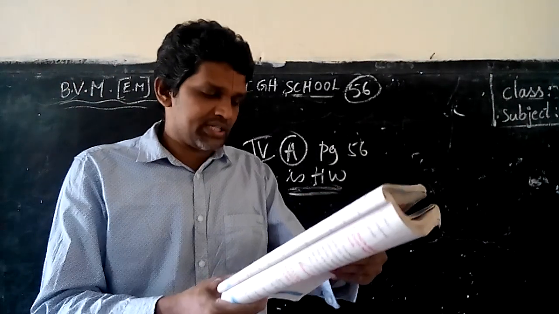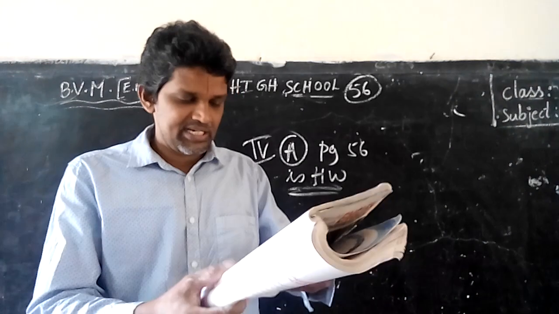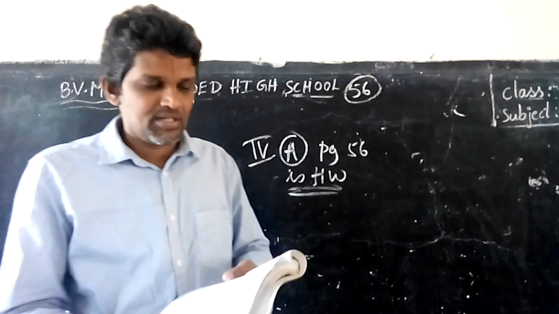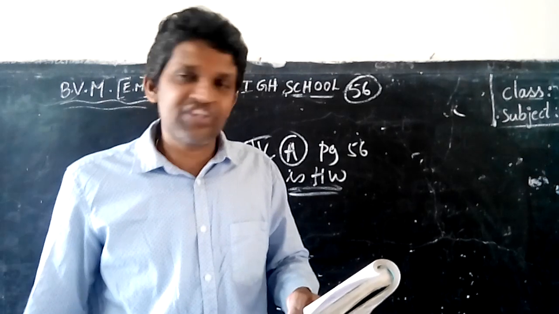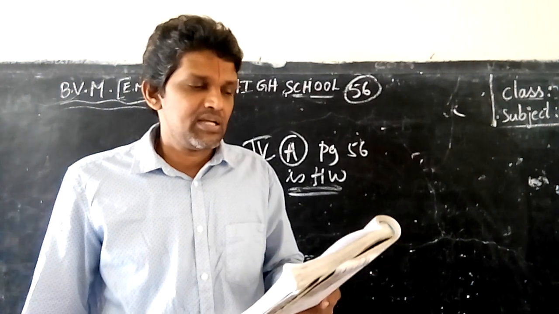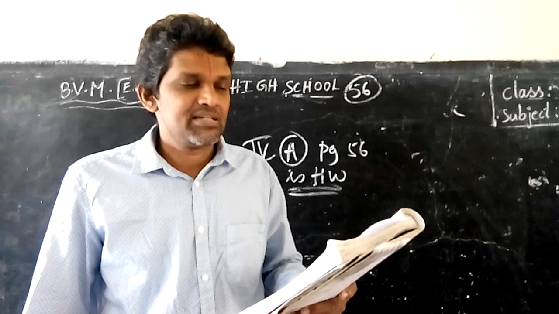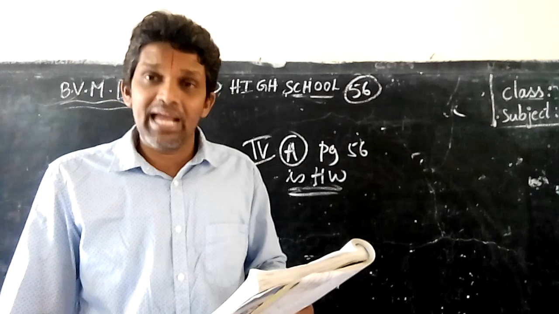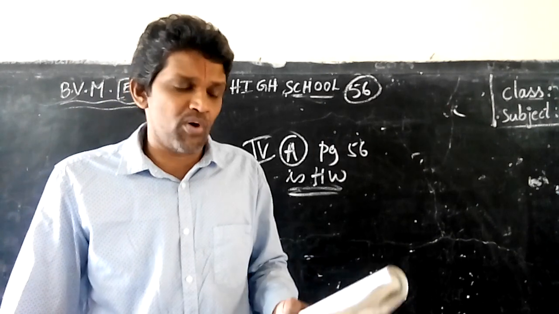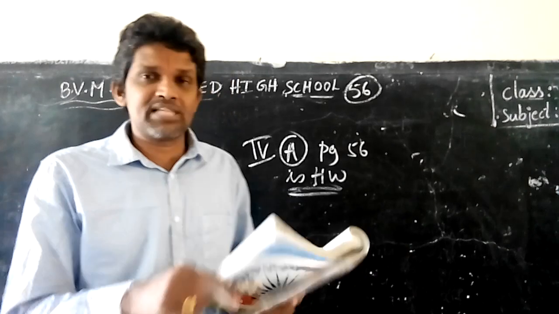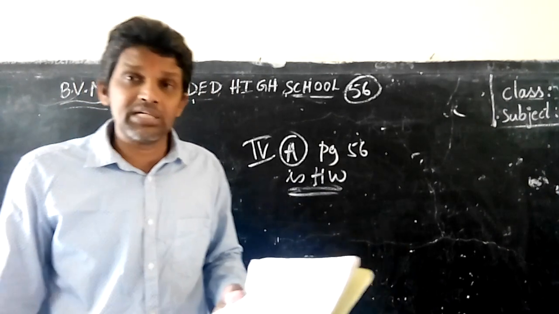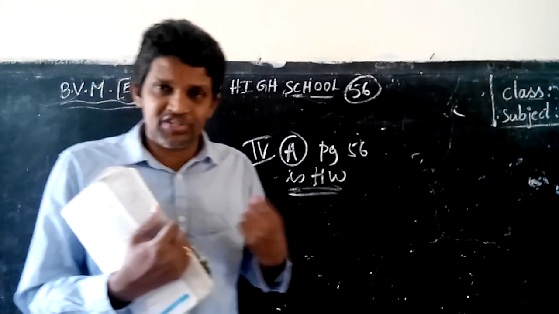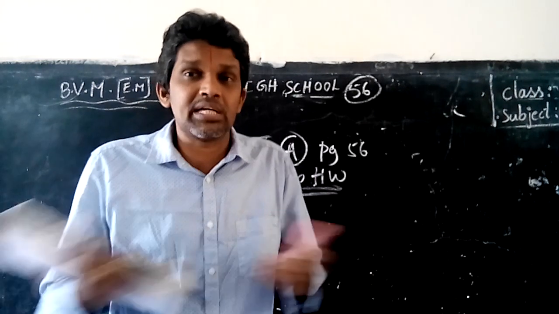Altar, alter, gate, gait, principal, principle, canvas, canvass. So like that 10 words are given here. Check, cheque, compliment, complement, already, all ready, ceiling, sealing, stationery, stationary, advice, advise. So all these are very important words which are really confusing us. For example, I will tell the meaning for the first one. Alter. Alter means we go to the tailor and give our old shirts and ask him to alter them.